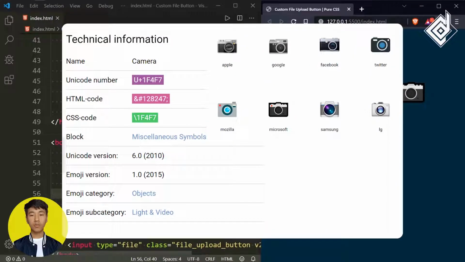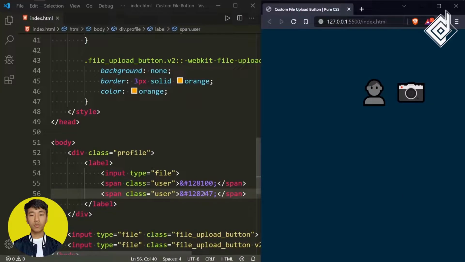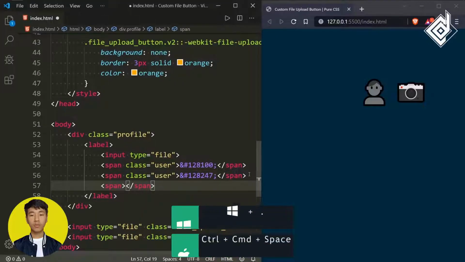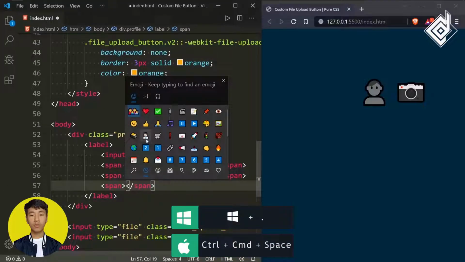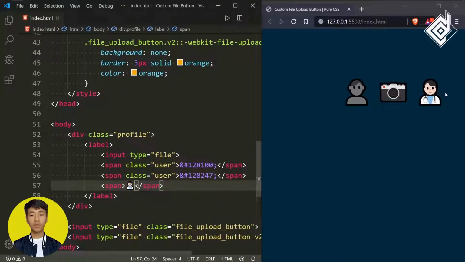But if you don't have any idea what an HTML entity is, basically how it works, then you can directly use the emoji. So in Windows, if you press Windows key plus full stop, or you can call it dot period, then this pop-up window will appear where you can find different emojis. Okay,